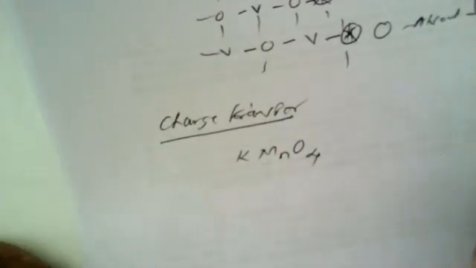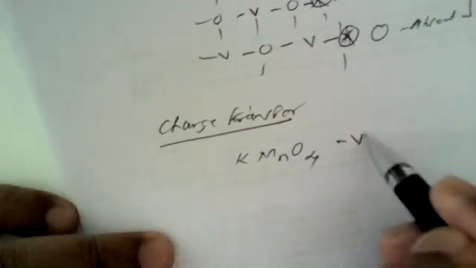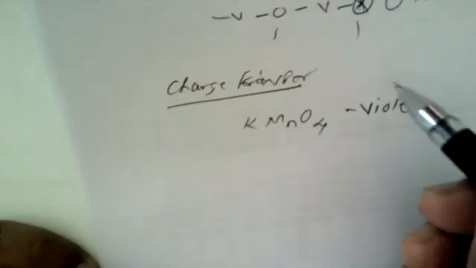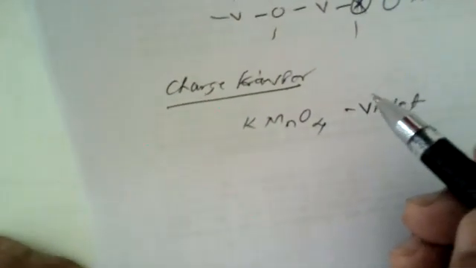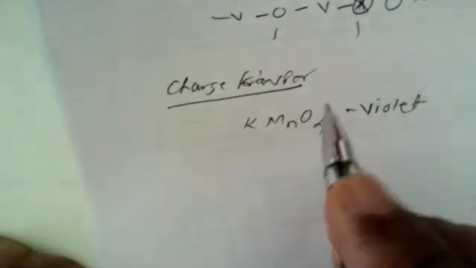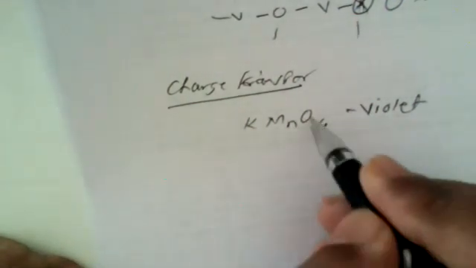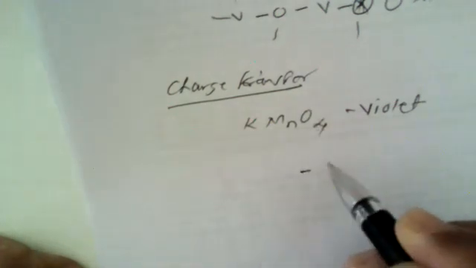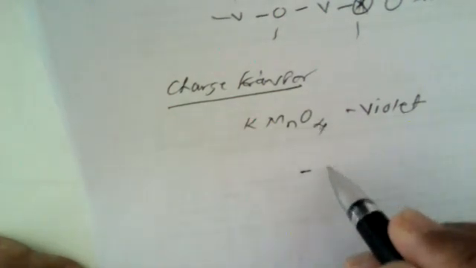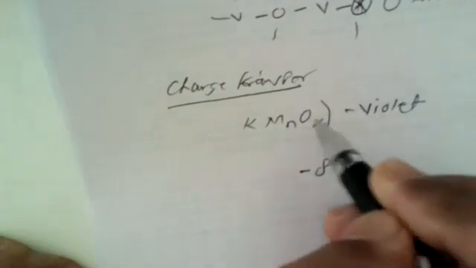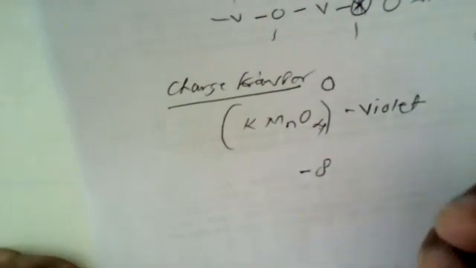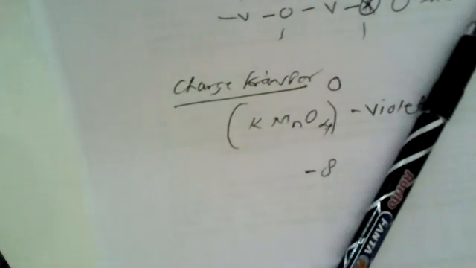As we know, potassium permanganate that we are using in our laboratory is intensely violet purple in color. But here, according to our rule, potassium permanganate should be colorless. How is it? For example, as we know, 4 oxygen atoms are there. For every oxygen, it is -2. So -2 multiplied by 4 is -8, to arrive at a zero oxidation state or zero charge on this complex.